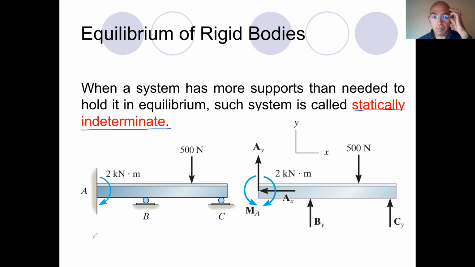For example, here we have a beam. Of course, this beam is fixed to the wall, and there are two rollers at points B and C. That's okay. Let's look at the free body diagram of this beam. Now we have AX and AY because the motion is restricted here, right? In X and Y directions, certainly. And of course, the object cannot rotate around point A. As a result, we have a support reaction coming from the point A. So we have two support reaction forces,